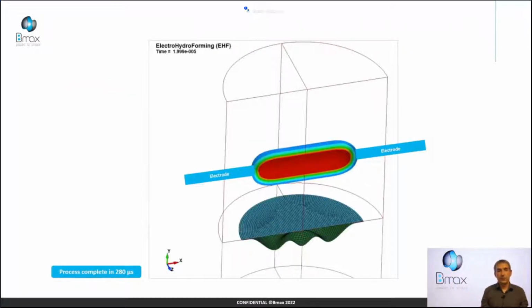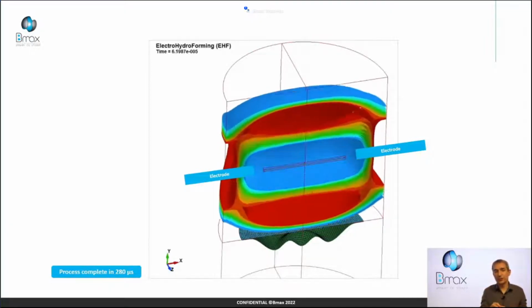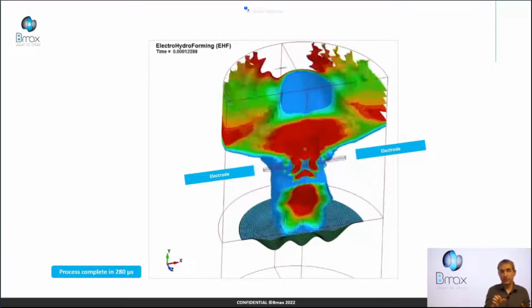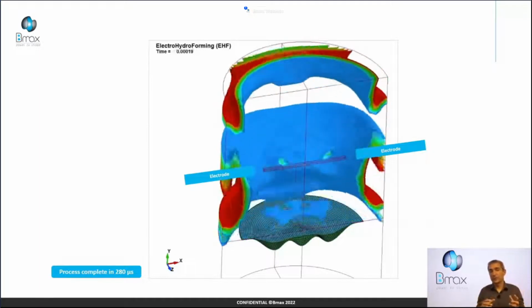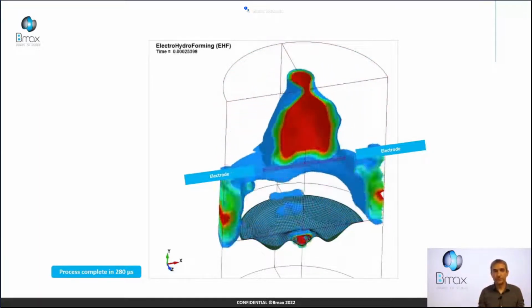In this example, the wire in red defines the water volume. We consider 2 electrodes. In blue, it's a blank, deformable part, and we want to push this blank in the green part. It's a rigid die. So we perform an energy deposition between the electrodes, and all the fringe represent the propagation of pressure waves.